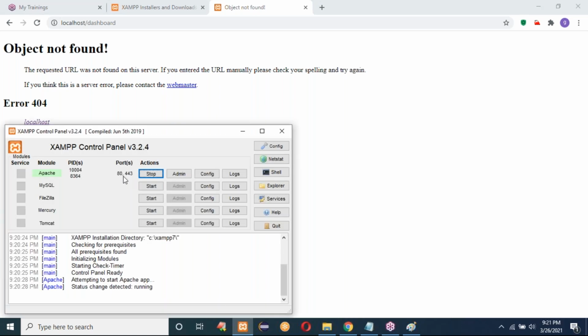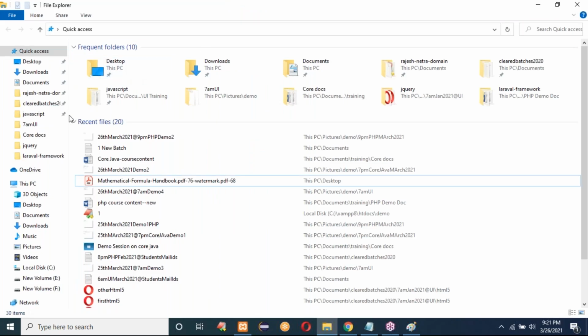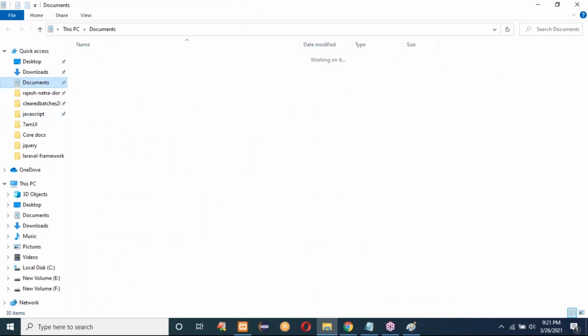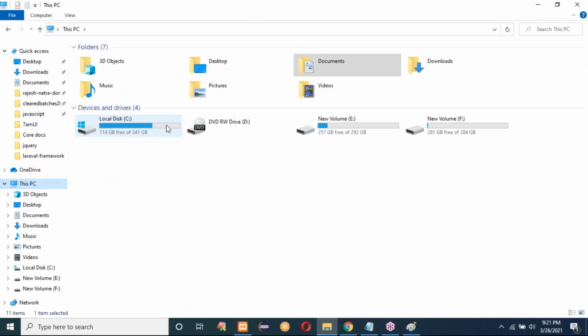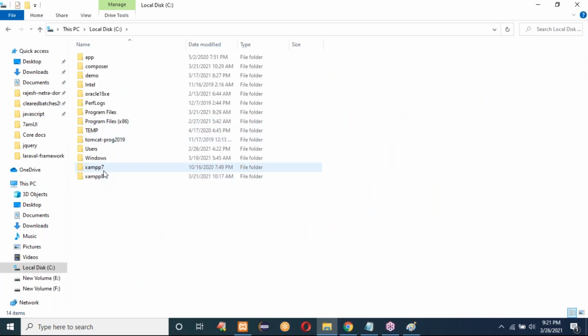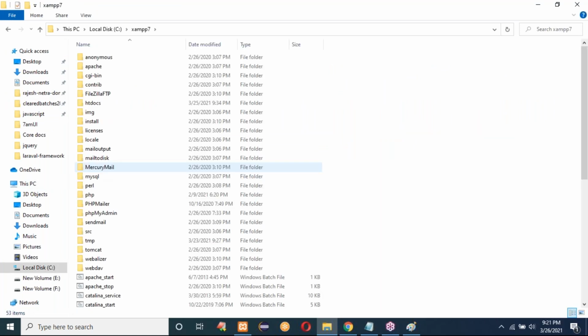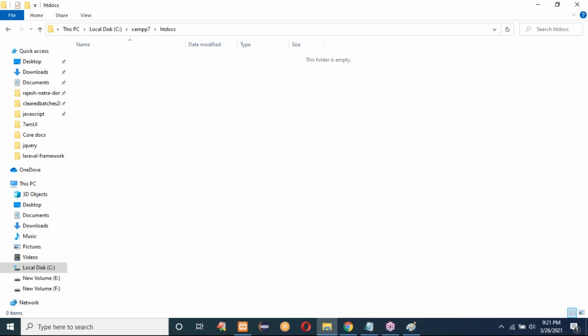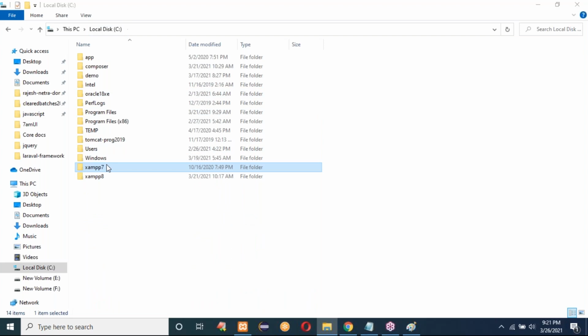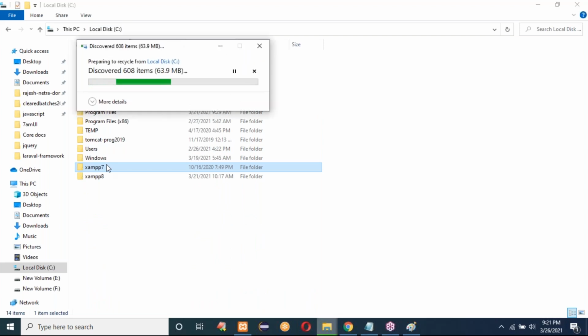I started the server, and that port number is 80. Here I have other software that I think I removed. In the C drive, the XAMPP location, htdocs is empty now. Nothing in htdocs, that's why it is not working. I'll remove this XAMPP.